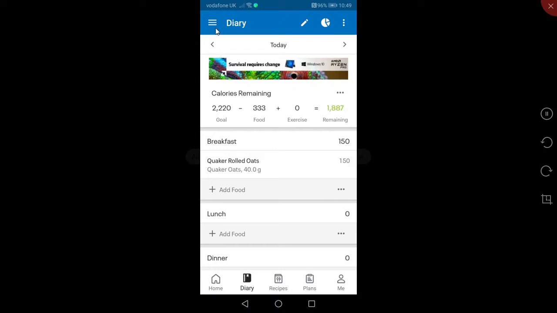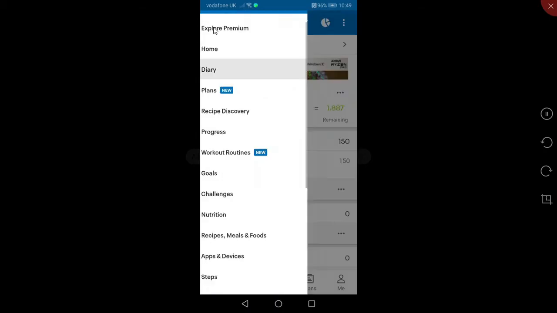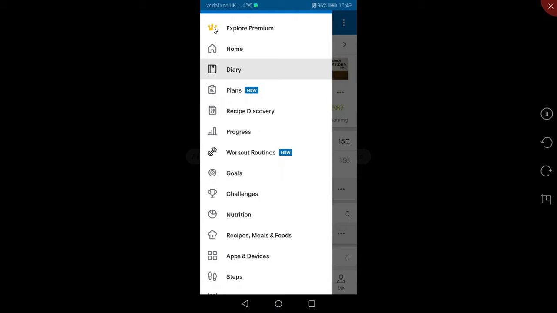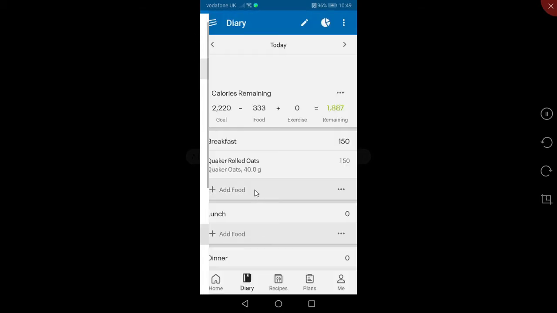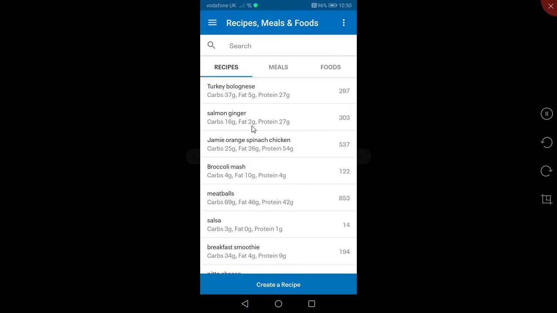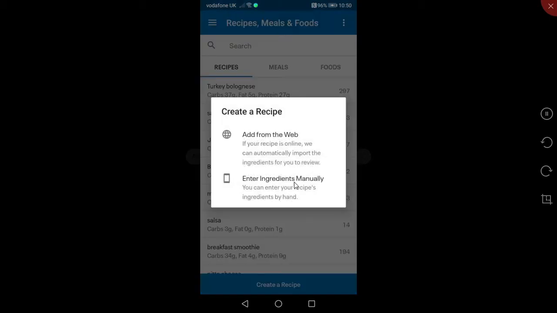Another thing that you can do is you can come to this drop down menu and you can go to recipes, meals and foods. And then you've got the option to create your own recipe. This is really good if you're having meals that you use quite often. So I'm going to create a recipe. I'm going to edit ingredients manually,